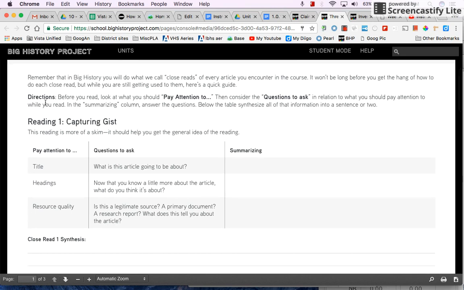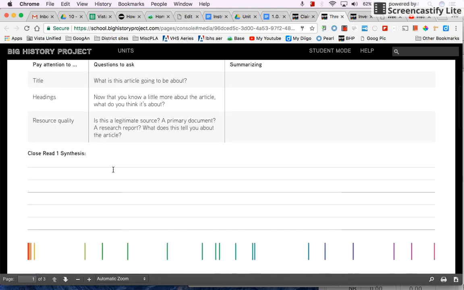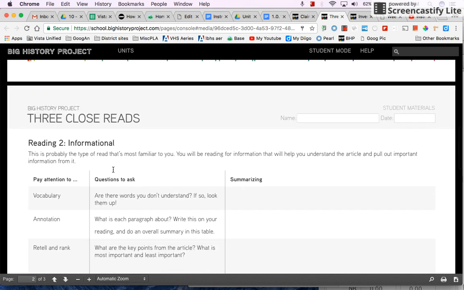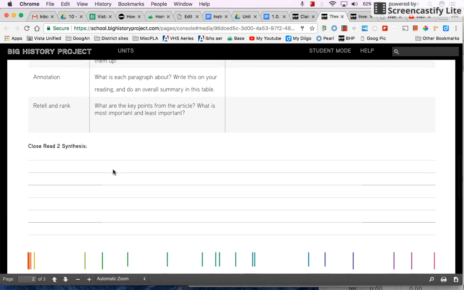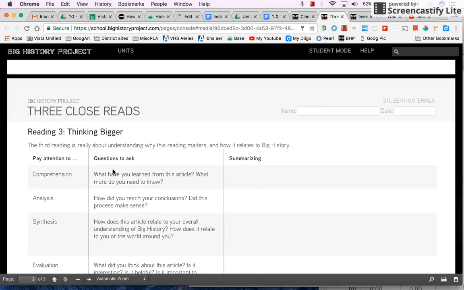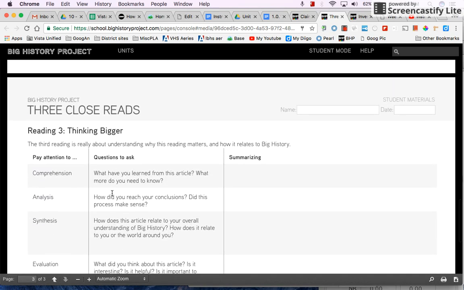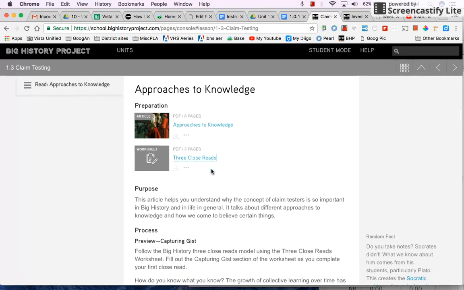different with it. So this first reading is about capturing gist, and you're scanning some things and making some predictions. And then the second reading, you're doing full notes, reading it completely, taking notes as you would otherwise. And then the third one, you're answering some bigger questions. And if you have to go back and read it that third time, you do it. I am not asking you to do that. So just know that anytime you come to an article in Big History and it has that, you can ignore